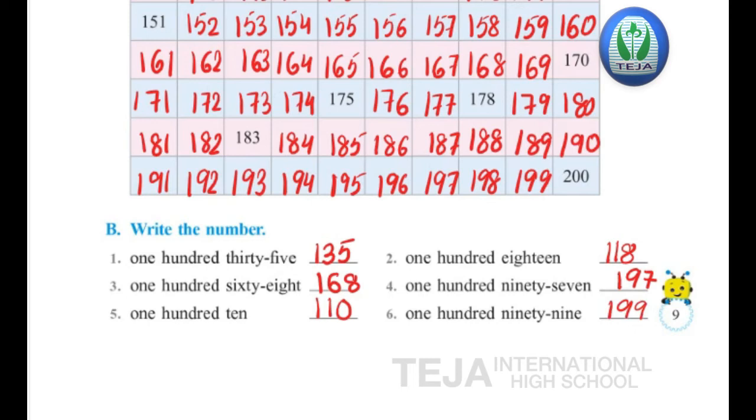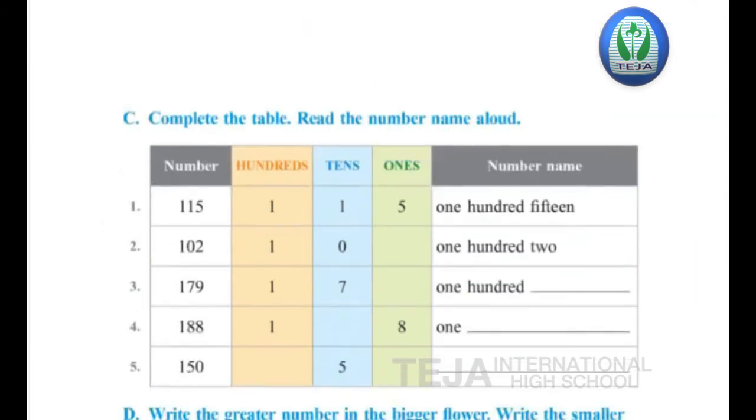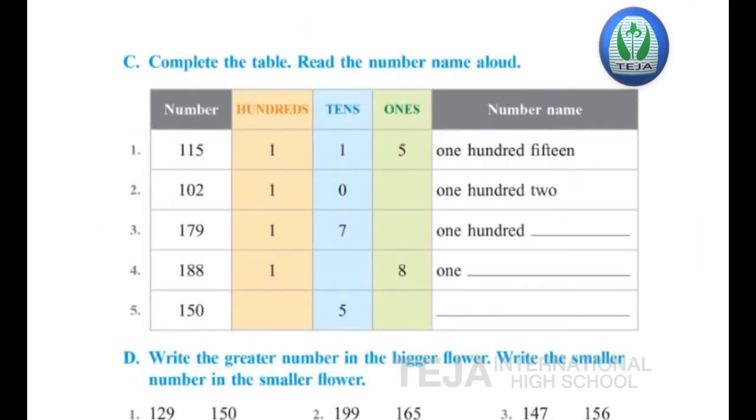Okay, children? Now next bit. Here bit C. Complete the table, read the number name aloud. You should complete this table and write the number name and read out the number name loudly. Okay, children? Here C 115. So 1 in hundreds place, 1 in tens place and 5 in ones place. And the number name of it is